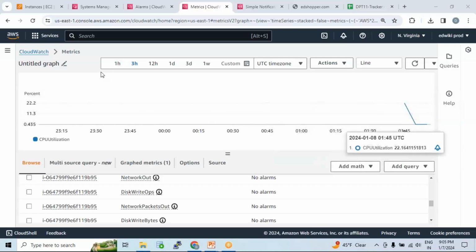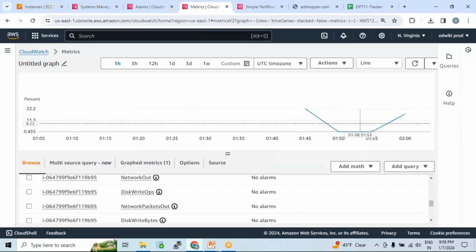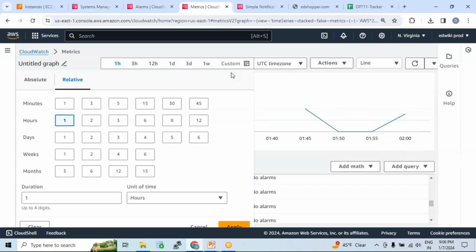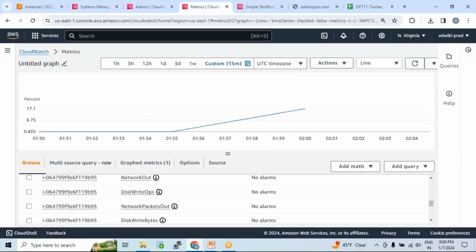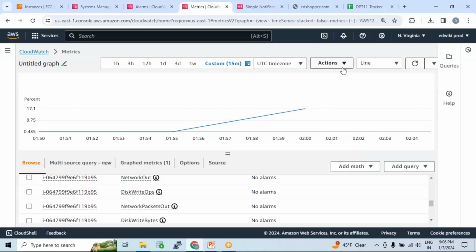I wanted to know the utilization over the last 1 hour, right? This is how it is. You just wait for some time, then the usage will go up. So maybe I'll go for the last 15 minutes. Yeah, so currently it is like 16%. Usually it takes some time, guys, okay, to get the utilization and show it in the graph. If you wait for some time, it will show that the usage is almost 90%, right? Then the alarm will trigger and auto scaling will kick in,